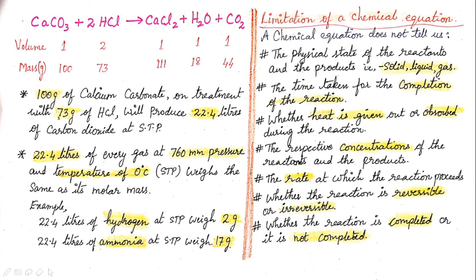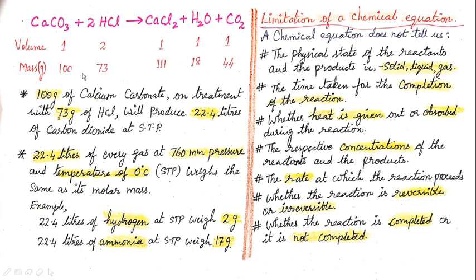You can find a difference here. Already I have given carbon dioxide as 44 grams, which is in terms of grams. But here I have written will produce 22.4 liters of carbon dioxide. So what is this 22.4 liters? 22.4 liters refers to volume, which means that one volume is equal to 22.4 liters. Keep in mind, one volume is equal to 22.4 liters. It is applicable for all the gases.